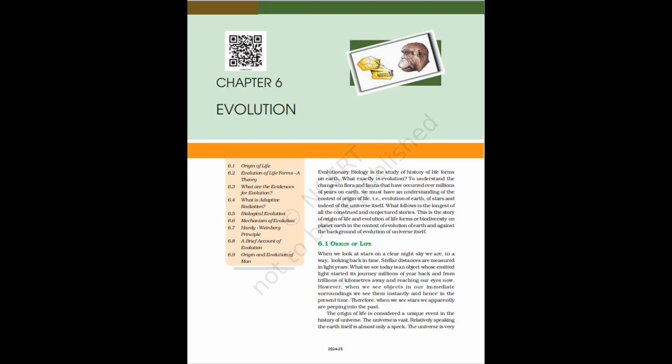This version of abiogenesis, that is, the first form of life arose slowly through evolutionary forces from non-living molecules, is accepted by majority. However, once formed, how the first cellular forms of life could have evolved into the complex biodiversity of today is the fascinating story that will be discussed below. 6.2 Evolution of life forms, a theory.